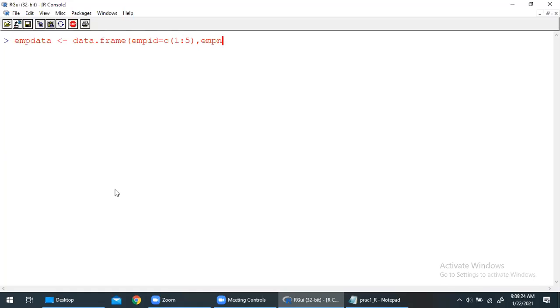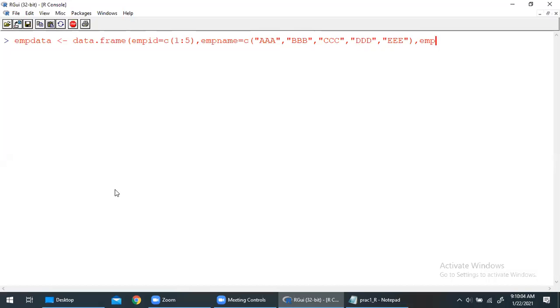Which is my second column? Let's say my second column is employee name. Definitely now I have to provide 5 names. Remember, when you are going to give multiple values, you always have to use the C function, or make a vector and pass the vector here. So first value, let's say I make it very simple, AAA, and then second value as BBB, the third value as CCC, the fourth value as DDD, and the fifth value as EEE. I just told you that we are going to have 3 columns: employee ID, employee name, and employee salary. So I'm done with my second column and the values for it. I put a comma,